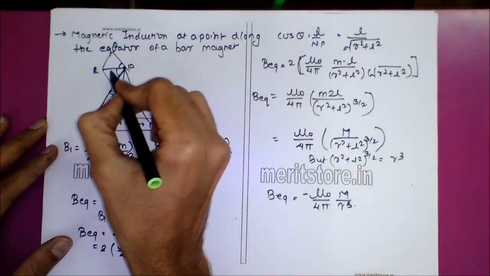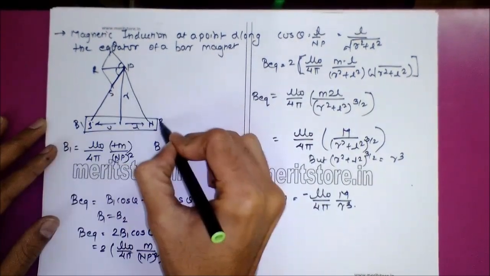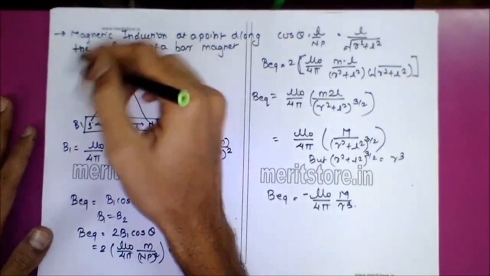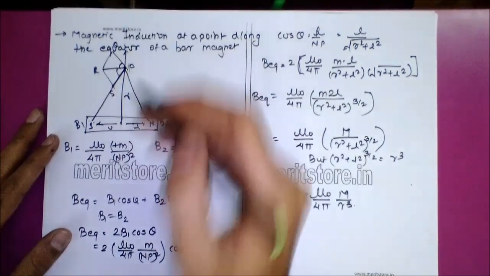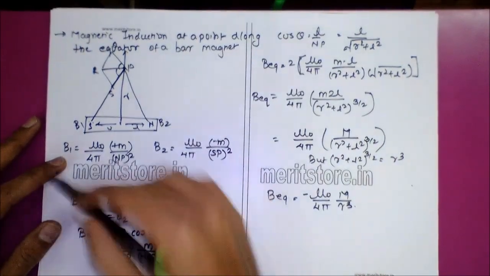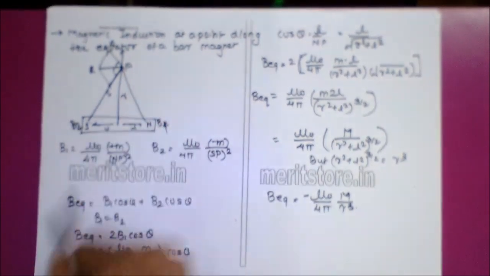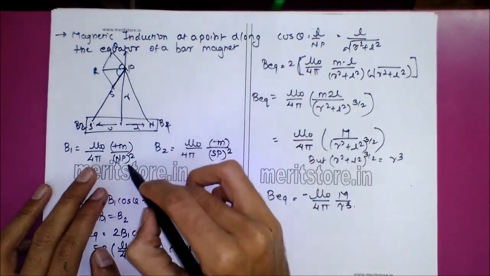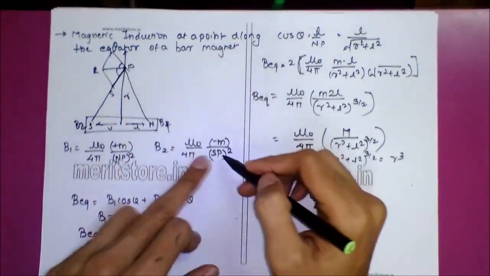Okay, so there is a cos theta for the magnetic inductions B1 and B2. The cos theta along B1 and B2 will get added, and the sin theta will be resolved, balancing both of the terms. So we will be dealing with the cos thetas of them. Suppose this is B1 from the north pole and this is B2 from the south pole. From the north pole, the magnetic induction will be mu naught upon 4 pi plus m upon NP square, and from the south pole it is mu naught upon 4 pi minus m upon SP square.